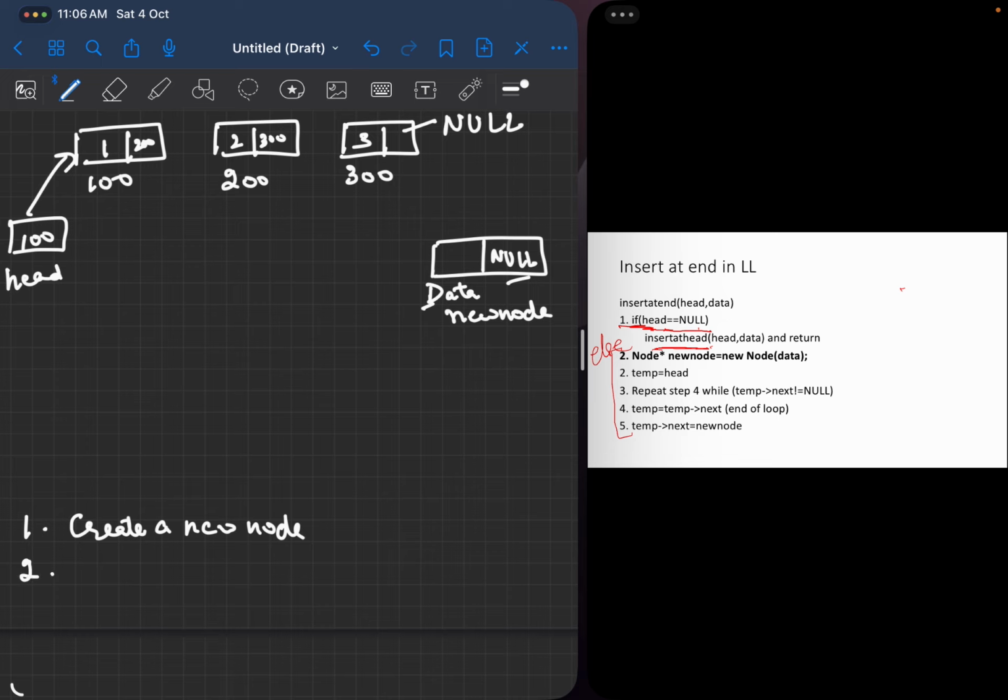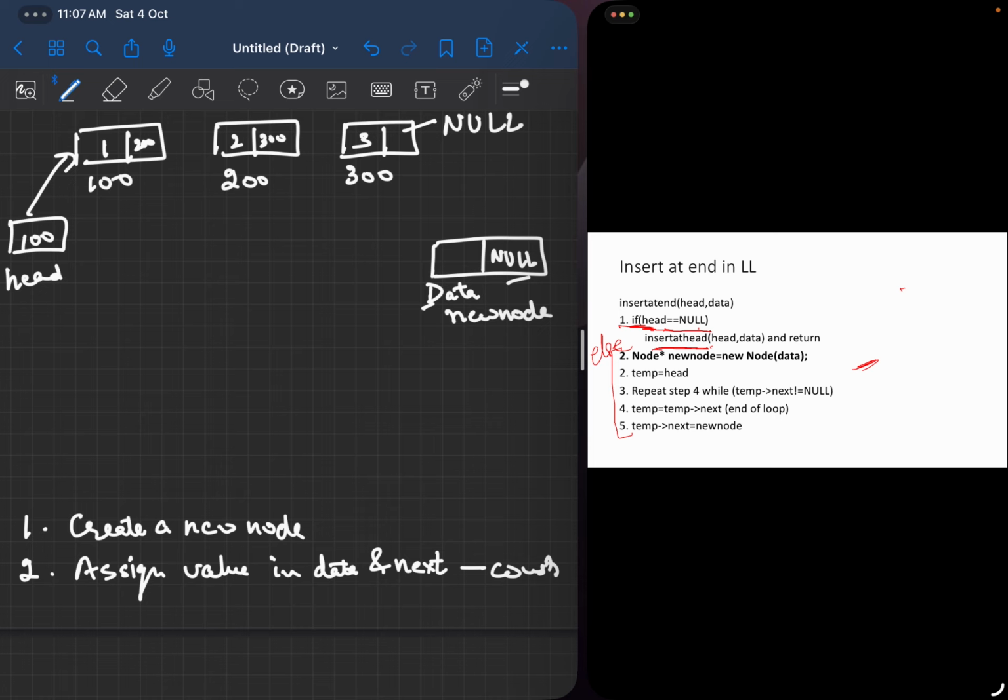So I have not written them here in this algorithm. Otherwise, if you want, you can always write these two steps.